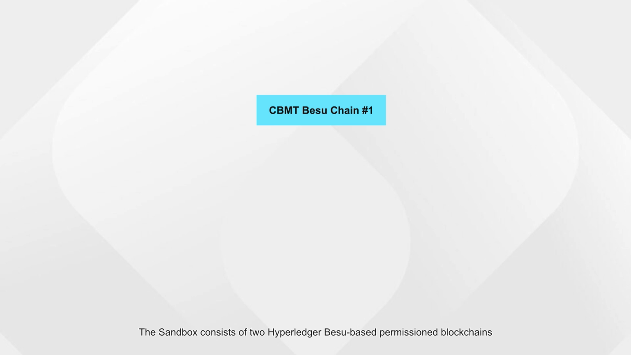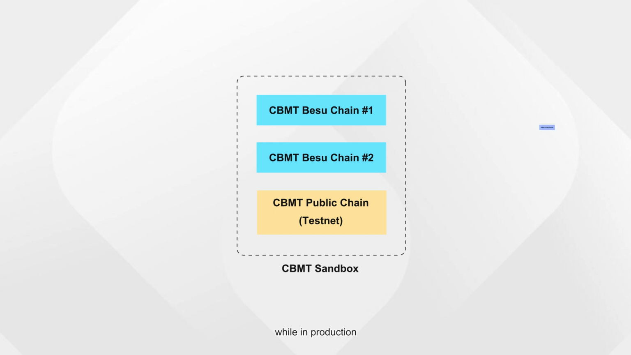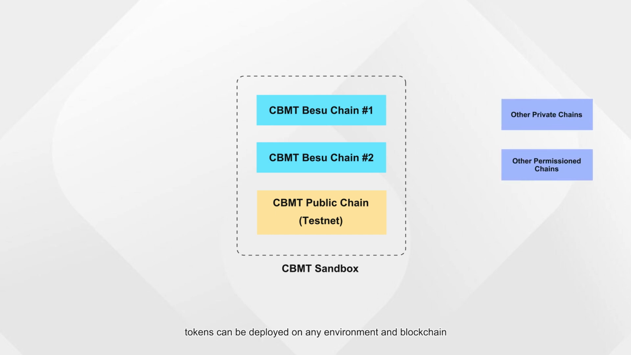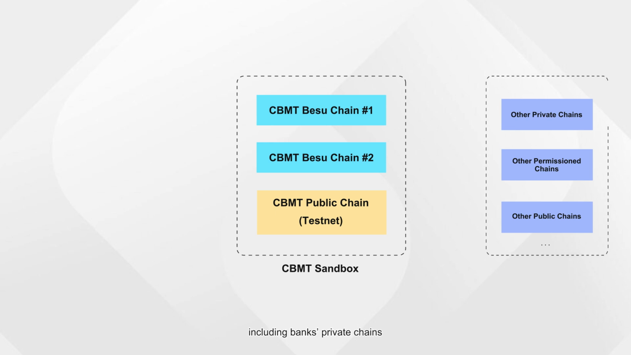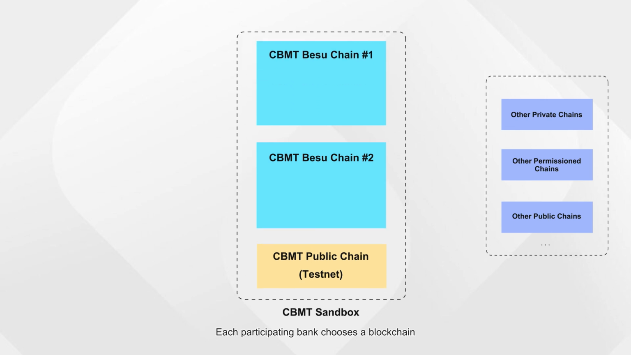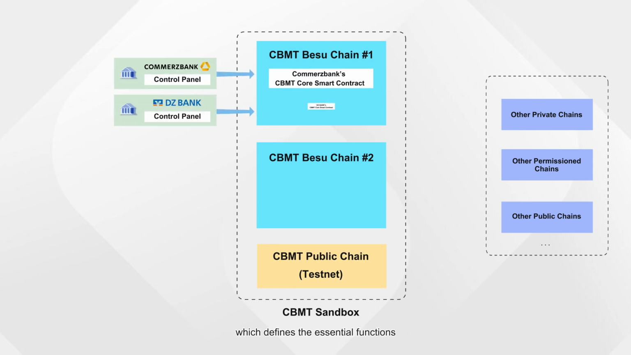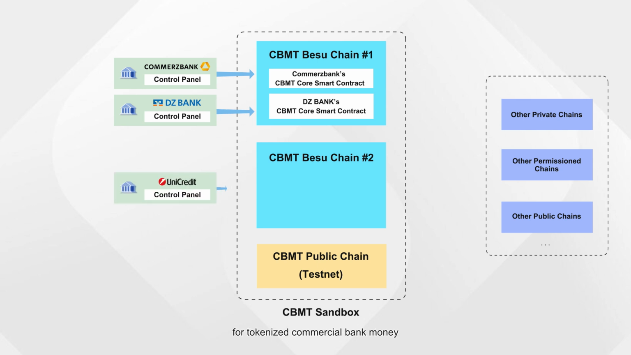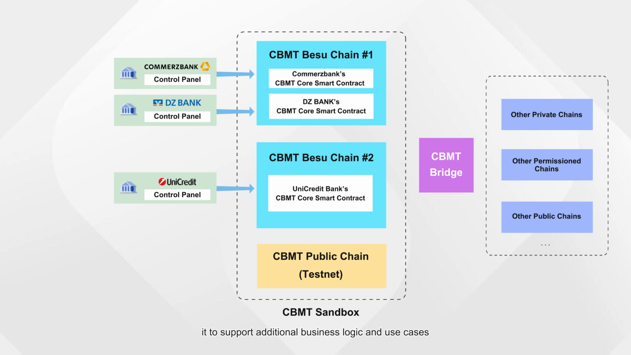The sandbox consists of two Hyperledger Besu-based permissioned blockchains and one public chain. While in production, tokens can be deployed on any environment and blockchain, including banks' private chains. Each participating bank chooses a blockchain and deploys a CBMT core smart contract, which defines the essential functions for tokenized commercial bank money. While the core contract remains standardized, banks and enterprises can extend it to support additional business logic and use cases. A CBMT bridge connects all CBMT core smart contracts across different chains, forming the foundation for interoperability